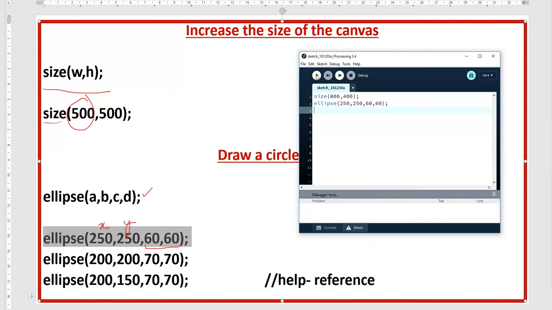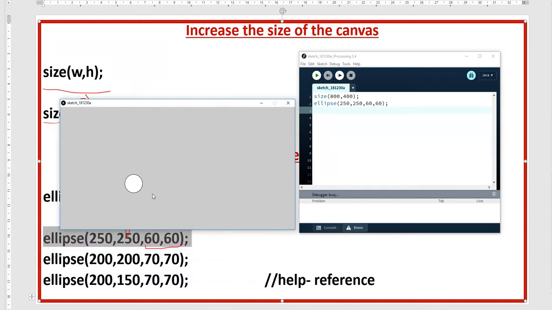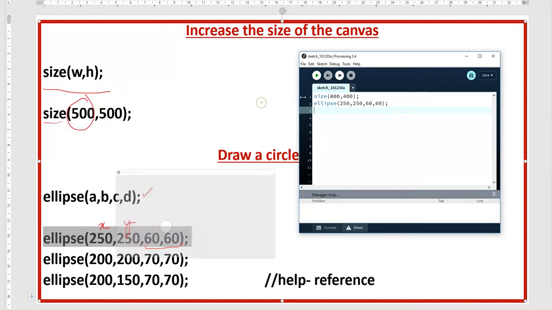So here I am going to run this and you will see our ellipse is here, right? It is 250 pixels from the x-axis, 250 from the y-axis, and the diameter is the same. Suppose I want it at the center of the canvas.